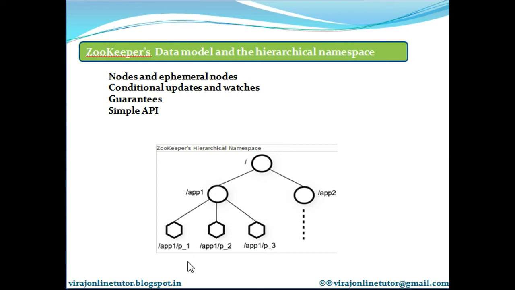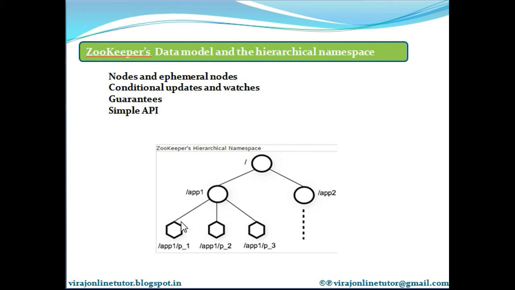But the name assigned to each comes right from the root node. So the name of this node is slash app1 slash p_1, this is slash app1 slash p_2, and this is slash app1 slash p_3. So this entire name comes from concatenating the nodes that we are traversing.